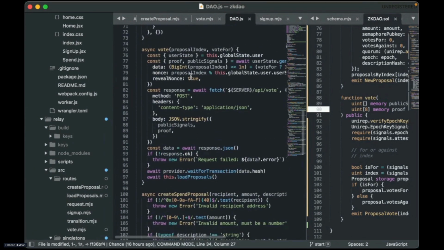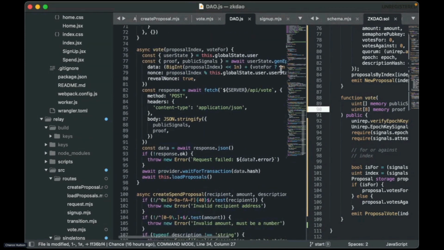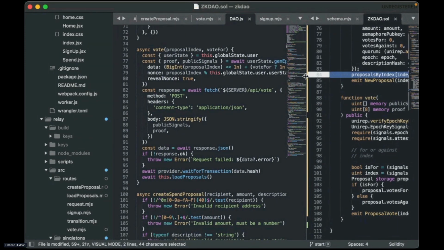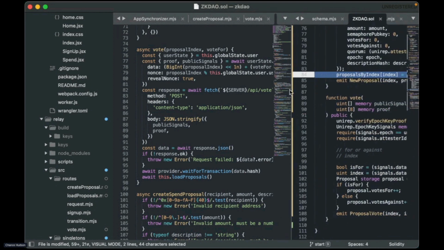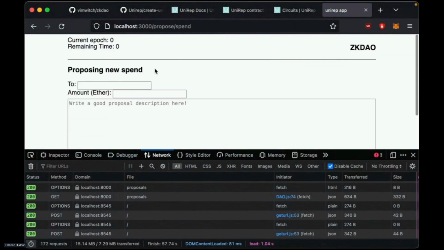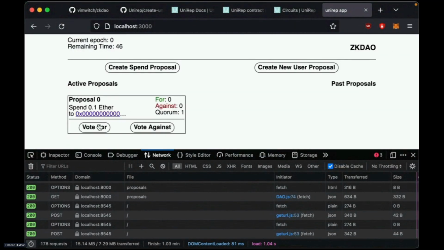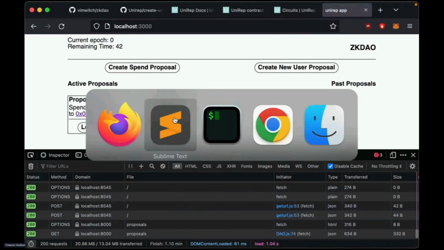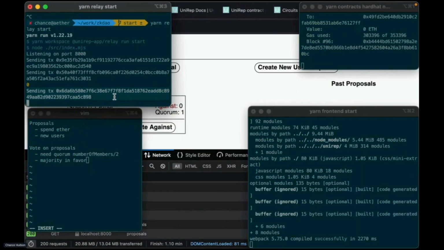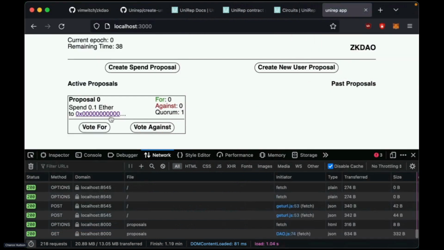In order to vote, here's where we build this data value, where we take the proposal index and shift it to the left by 1 bit, and then we add just a 1 or a 0 depending on whether or not we're voting for or against. So we'll go ahead, oops, not that, vote for this, and see if this works. Cool, so we sent the transaction, and we voted for,